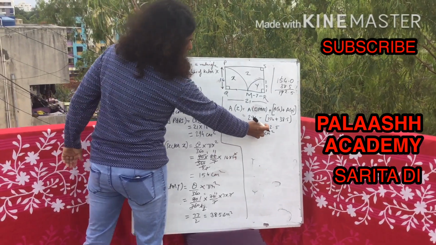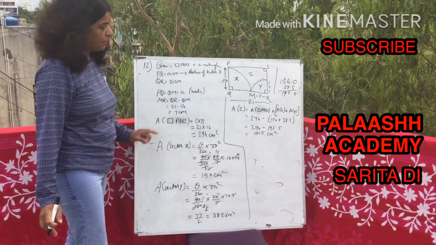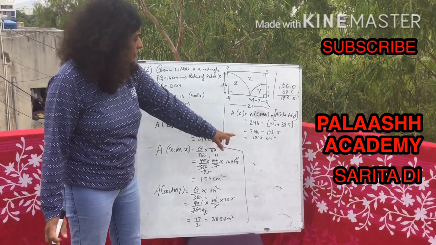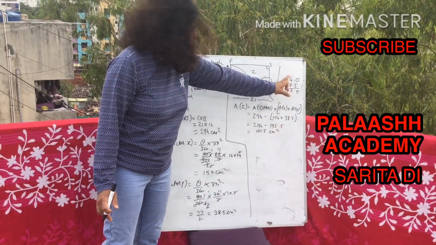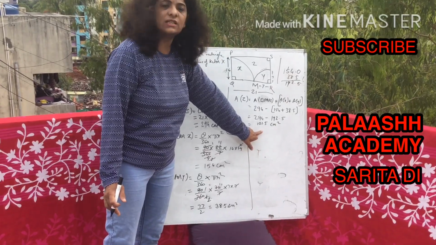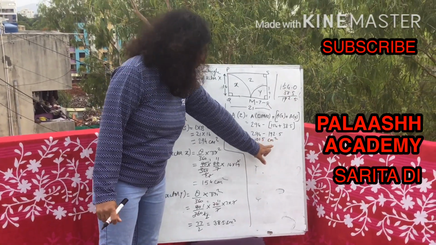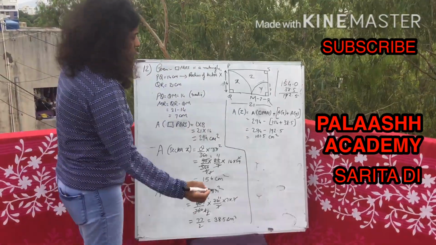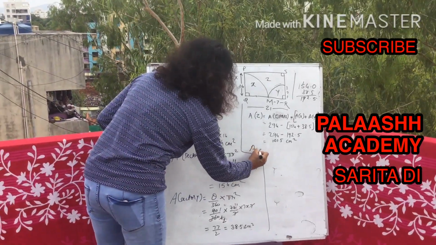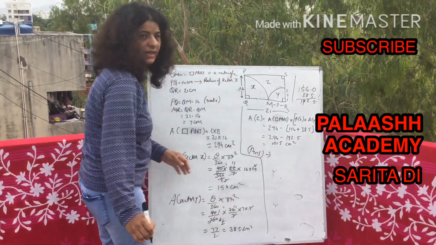So that is how we got 192.5, and then you have to do the subtraction also in a similar manner. Put 294.0 and subtract 192.5 from it in a similar way, and your answer will come out correct. And don't forget to put that it is centimeter square. I have always mentioned that you must write the unit in the final answer.